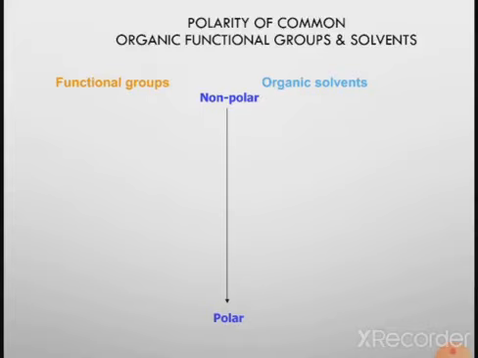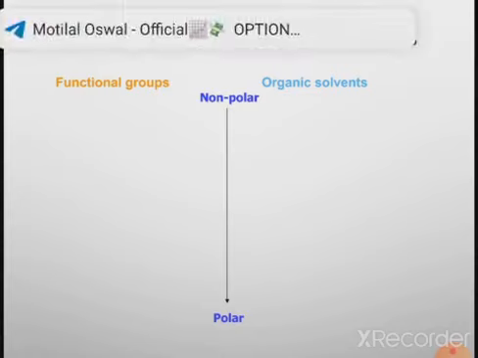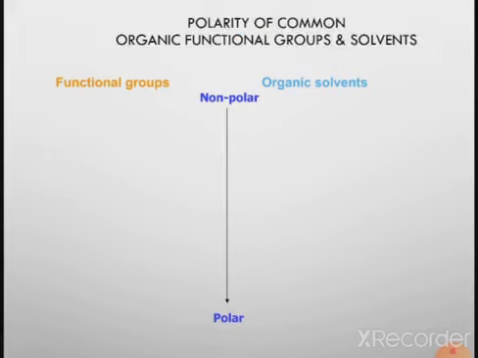The solvents are classified according to their polarity, and here we are arranging the solvents according to their increasing polarity. First we want to see the various functional groups, which have different polarity. We are starting with the less polar functional group to the more polar functional group. The first functional group is aliphatic hydrocarbons, which have less polarity. Then there is another one called olefins.